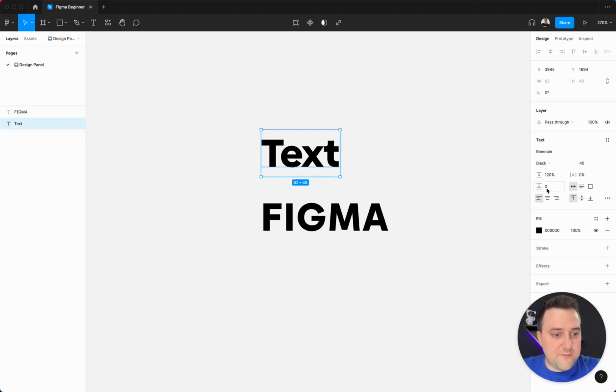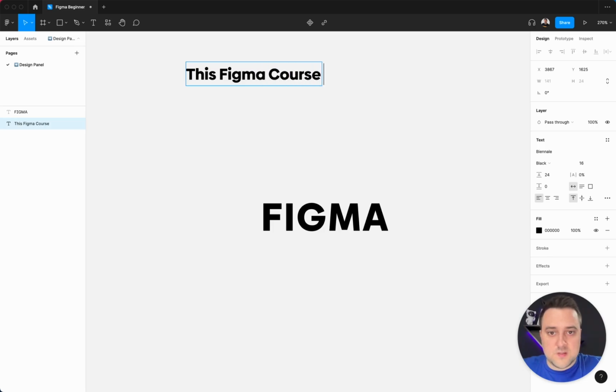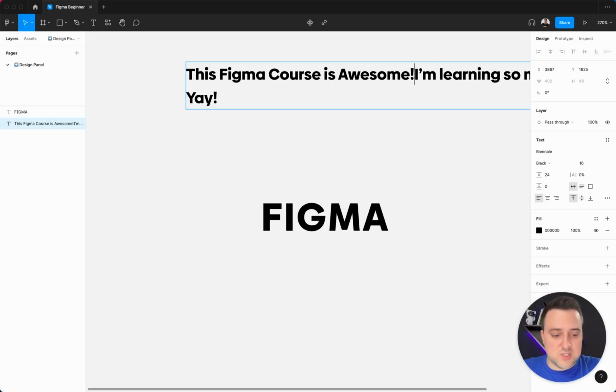Below that, we have paragraph spacing, which means that if we go back to some of the smaller sizes, which are a bit better for longer lines of text, let's just say this Figma course is awesome. I'm learning so much. Yay. As I clicked Shift Enter,